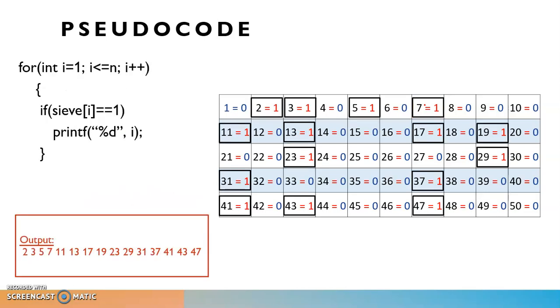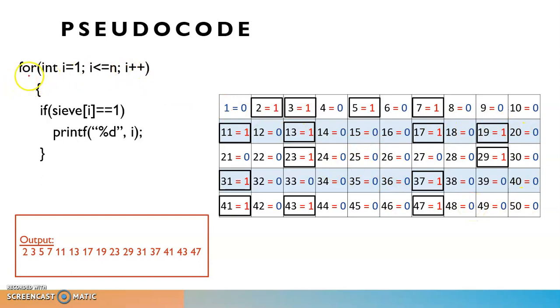Now whatever numbers are remaining, those numbers are marked as 1. That means those numbers are all prime numbers, right? And all the numbers which are marked with 0 are not prime numbers.